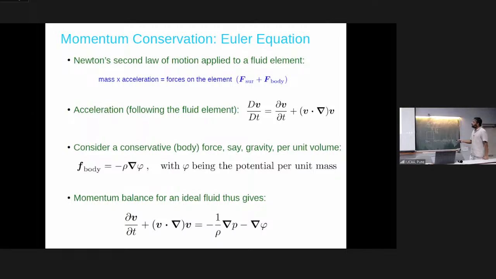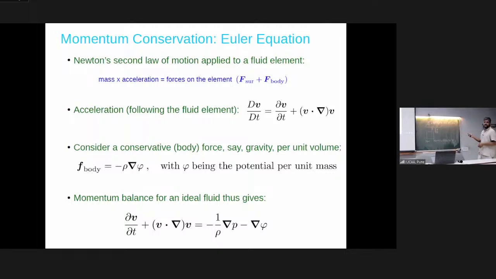Okay? You can also subject your unit cell to a body force. Body force is externally applied force. I can put the fluid in a gravitational field, or in a rotating chamber, right? I can put water in some sort of a rotating thing. These are all idealizations of, say, rotating neutron stars. There are other body forces that can be applied and exerted on the unit cell. So again, as you know from Newton's law, this is your mass times acceleration.